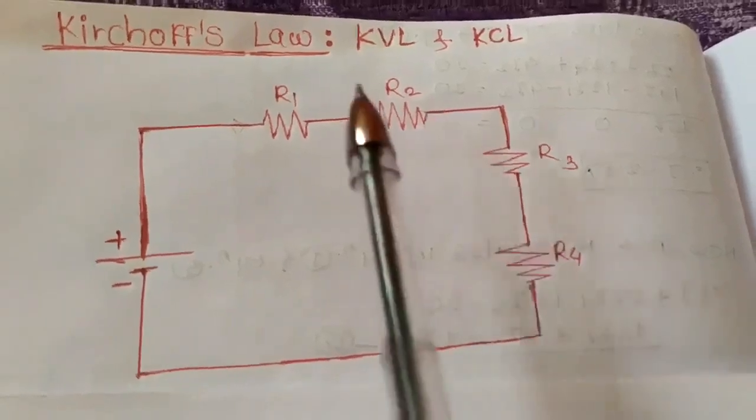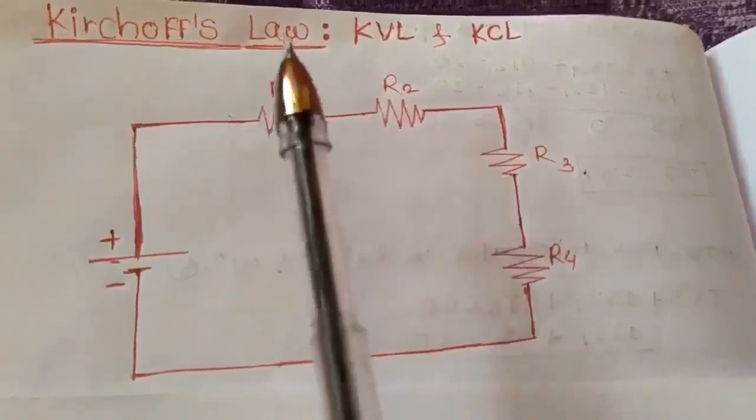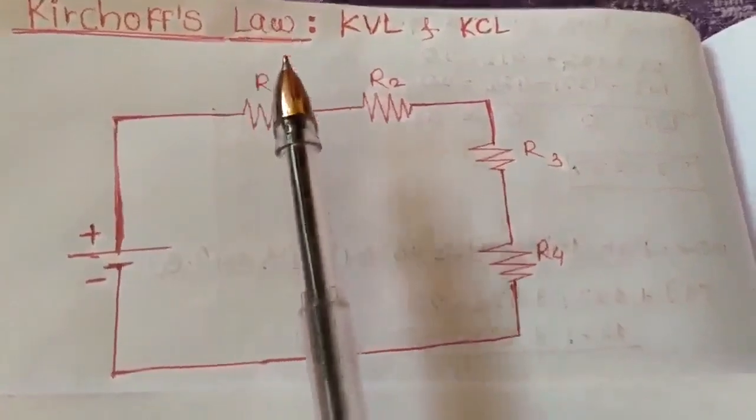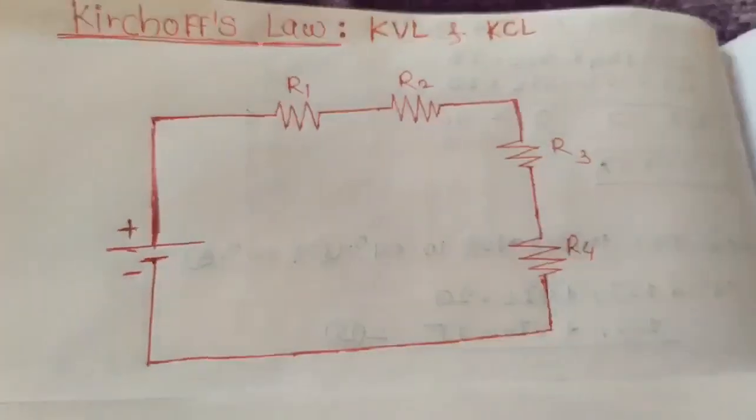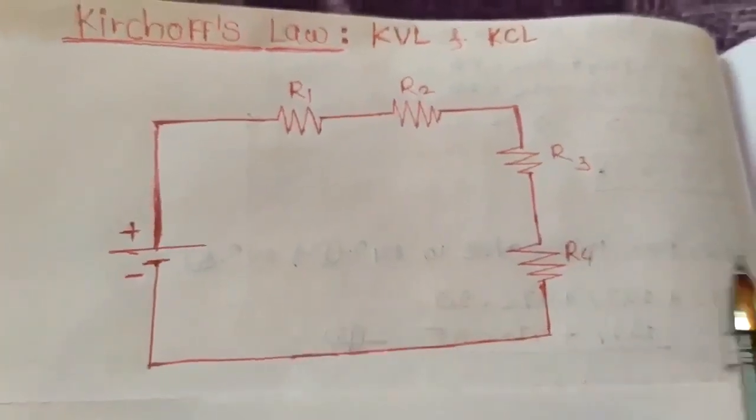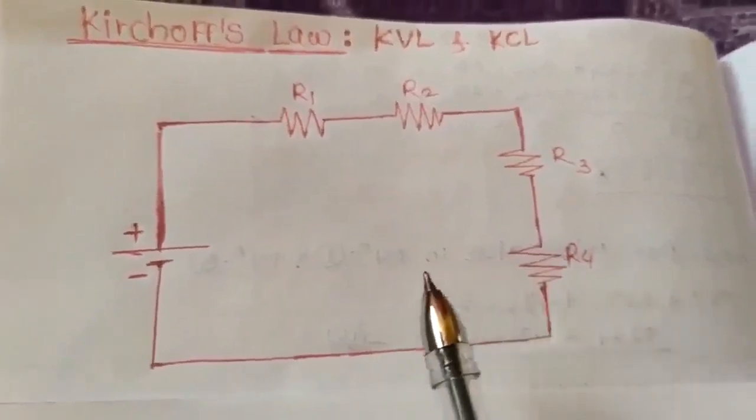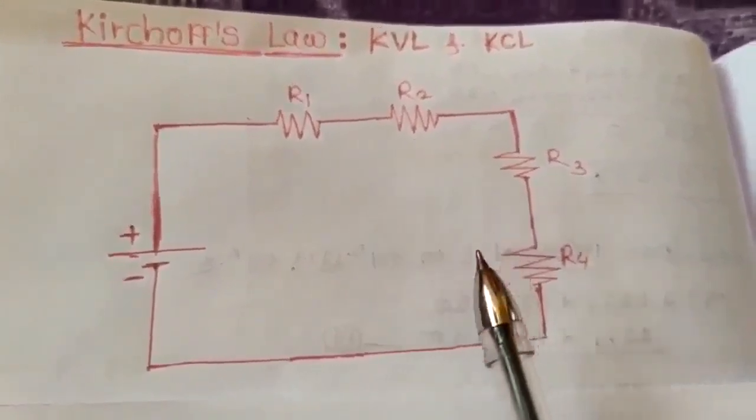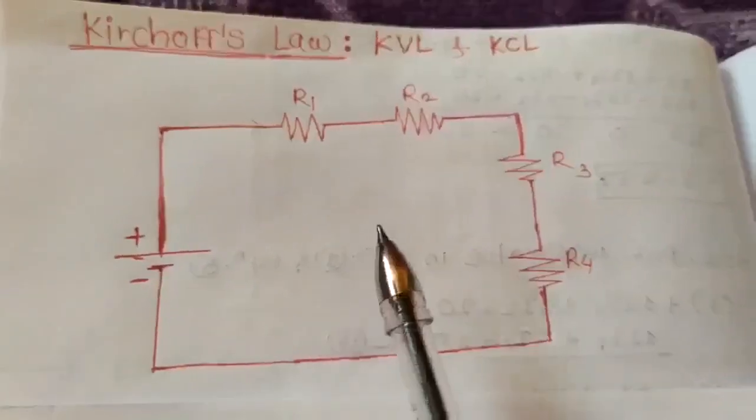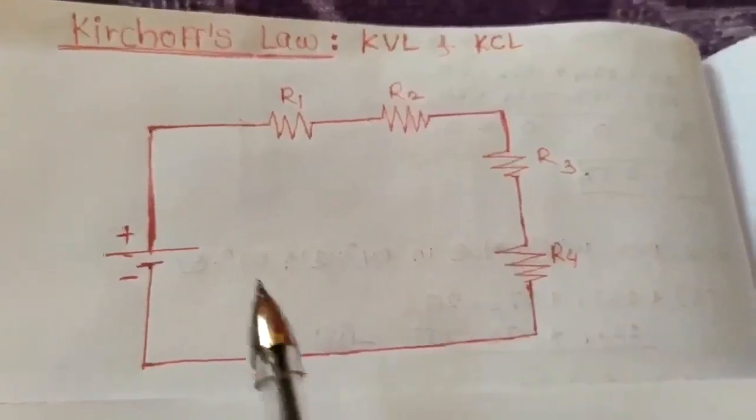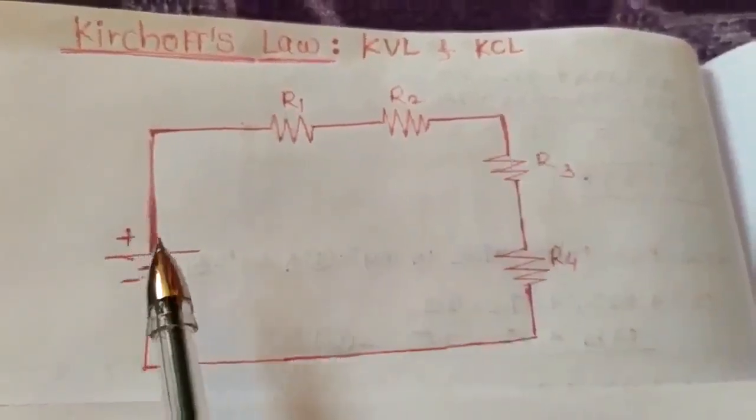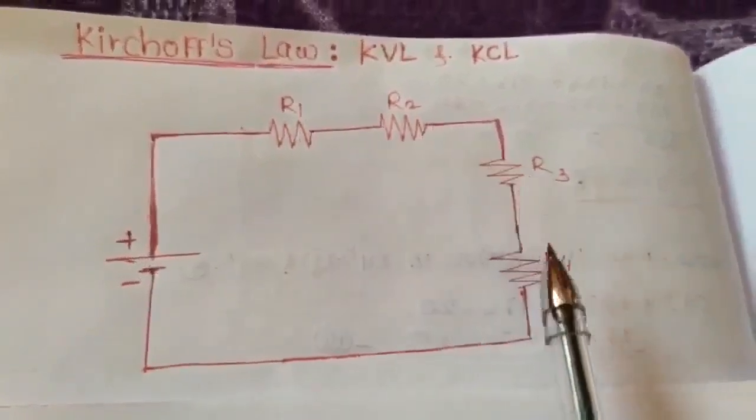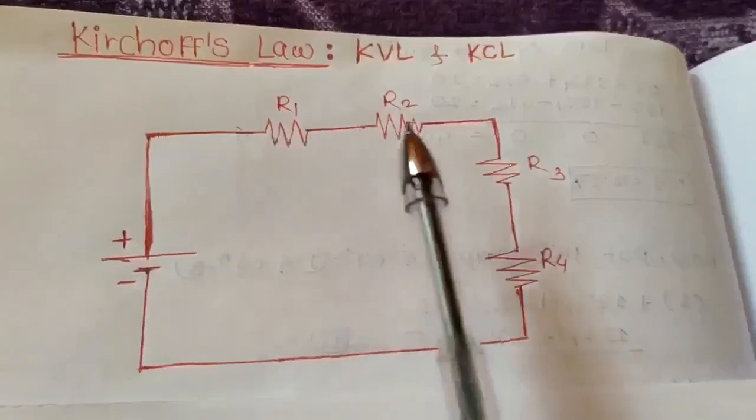Hello friends, today we are going to solve problems on Kirchhoff's law. Before starting the video, I want to tell you how to assume the loop direction and current direction. So take this simple circuit having a source, and resistances connected in series